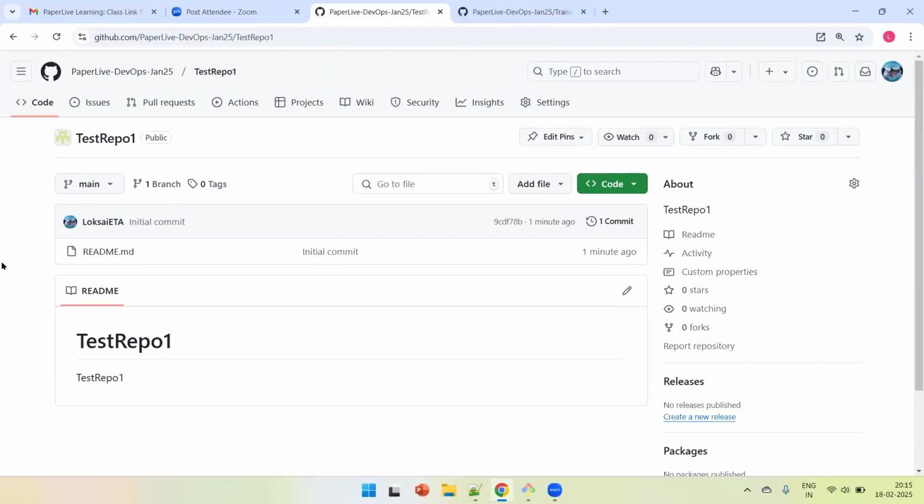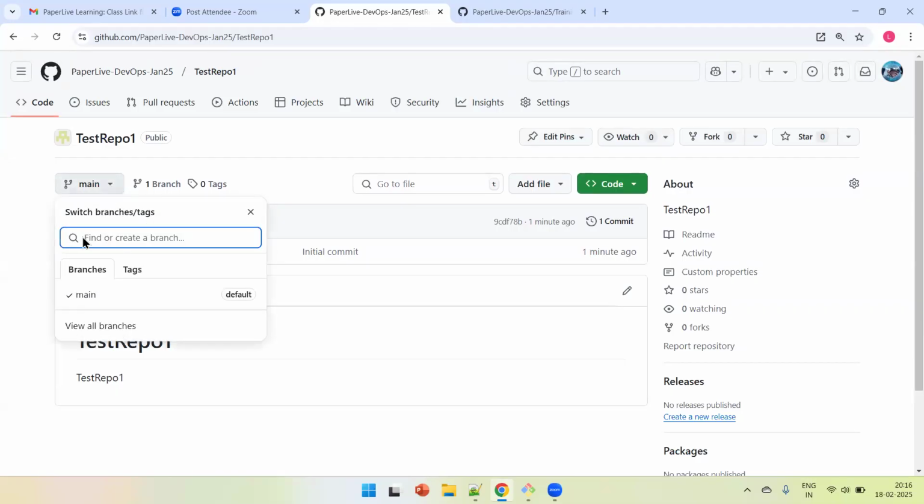Now, in this case, if I want to make any new commits as part of your repository, I told you, we never work on the main branch directly, right? So we can create a new branch here. From this main, there is an option, find or create a branch. If you type the branch name like feature one, see, when you type the branch name, it gives an option to create branch feature one from main. If you click on this option,